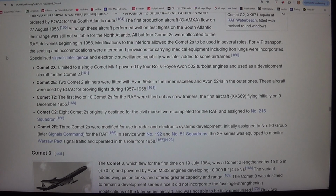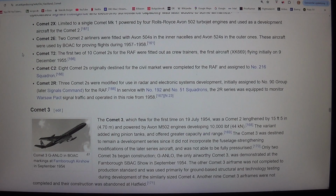Specialized signals intelligence and electronic surveillance capability was later added to some airframes. 1 Comet 2X, limited to a single Comet Mk1 powered by 4 Rolls-Royce Avon 502 turbojet engines and used as a development aircraft for the Comet 2. 2 Comet 2E, 2 Comet 2 airliners were fitted with Avon 504s in the inner nacelles and Avon 524s in the outer ones. These aircraft were used by BOAC for proving flights during